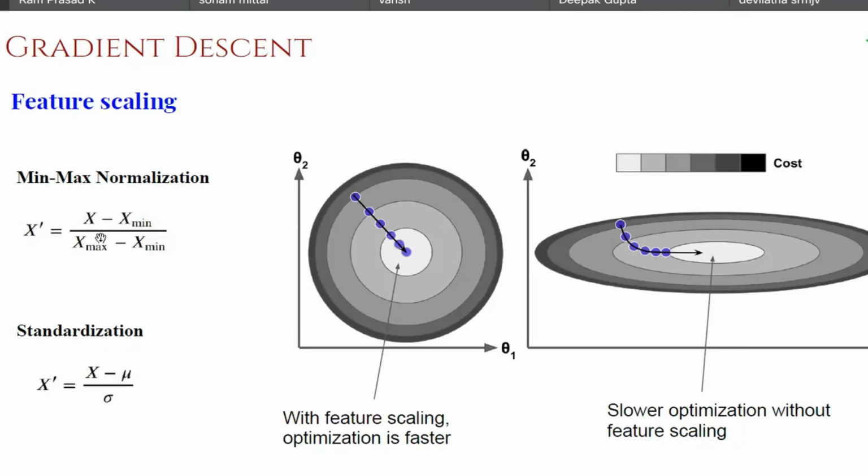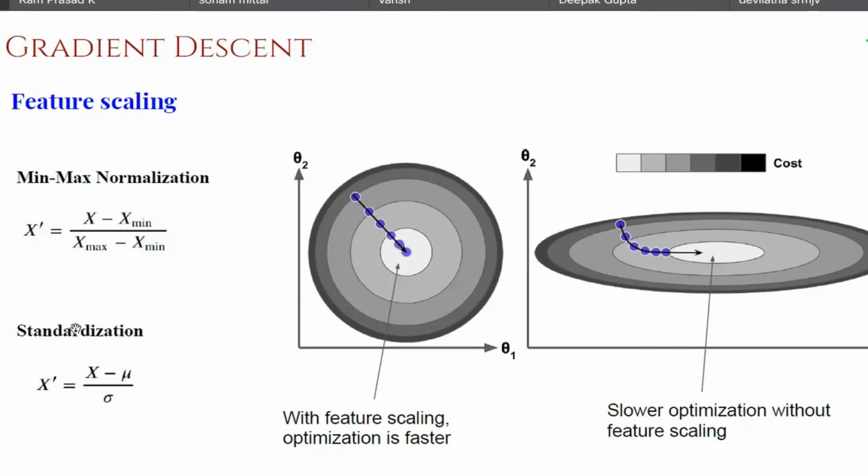Why will it be 0? At some point the value of x will be x min, so the numerator will be 0, divided by whatever it is, it is 0. At some point x is going to be x max, so x max minus x min in the numerator and denominator will be the same, it will be 1. So that justifies that the range of values is between 0 to 1. So min-max normalization always brings the attribute values to the range 0 to 1. So now you have them in a similar range.